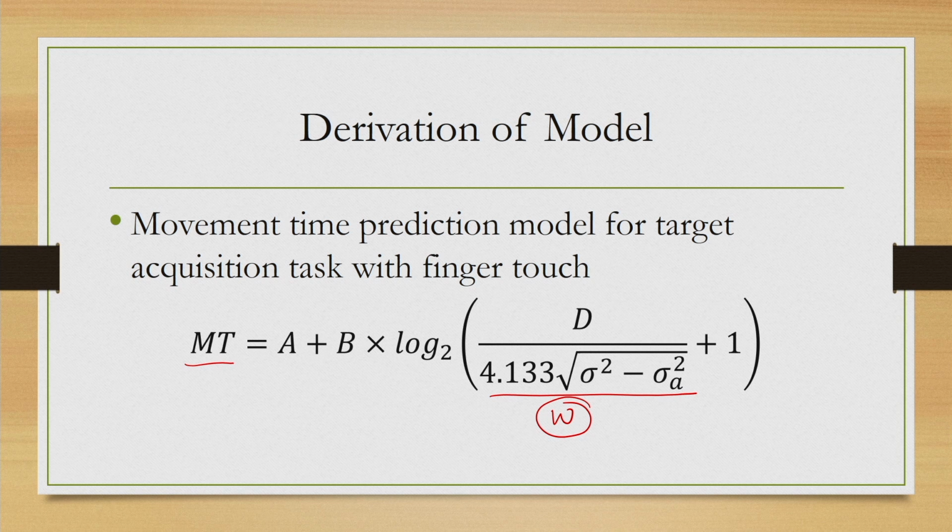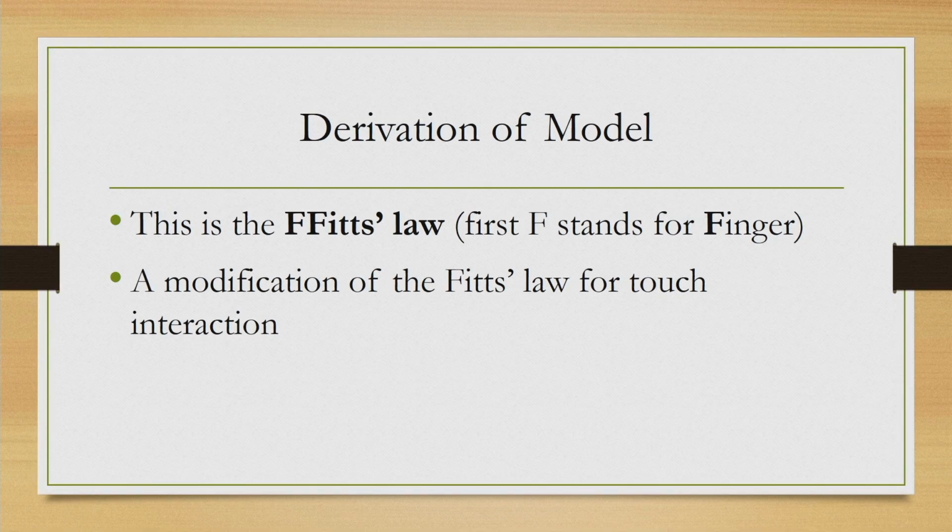So, this is the model for touch performance prediction, and as you probably can relate, this is the model we can use to predict performance of tap behavior, one of the fundamental touch interactions. Now, this model is often referred to as the FFitts law, where the first F refers to finger. So, essentially it indicates a Fitts law in a modified form when we are using a finger to select or tap on a small screen display area.